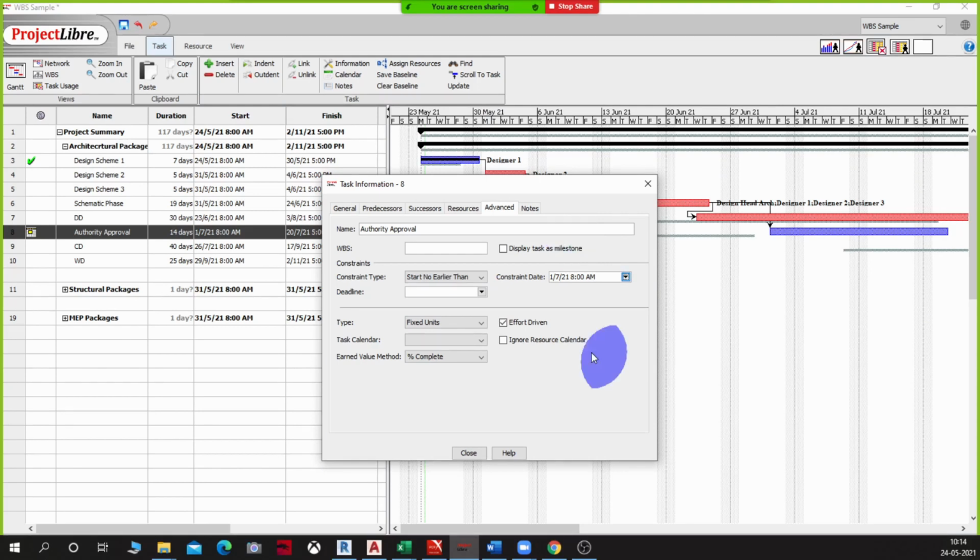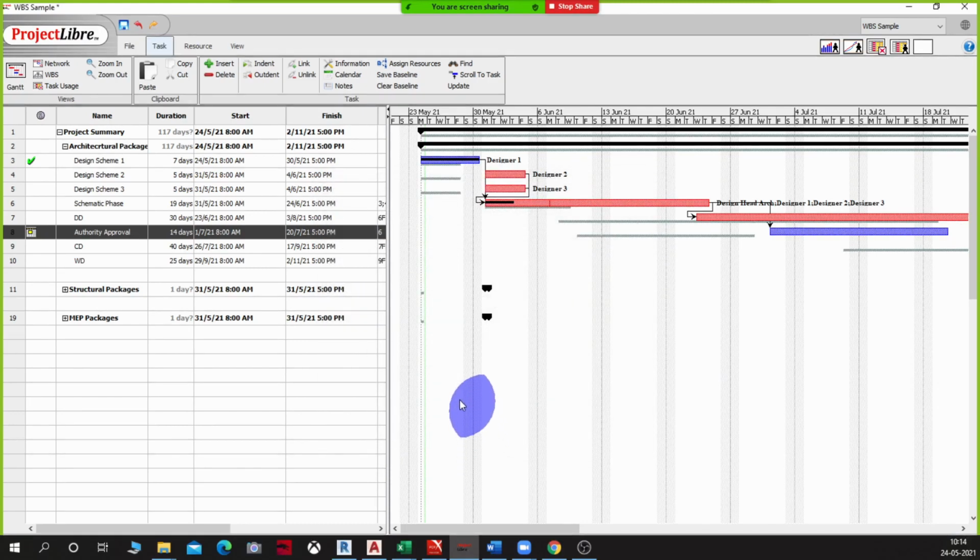So I am putting a constraint to that activity now and I am going to say close. Notice there are two things which have happened. This has moved from its original location, and not just that, you see a calendar icon which has come up here right next to that activity, which tells that there is a constraint which has been applied to this activity.